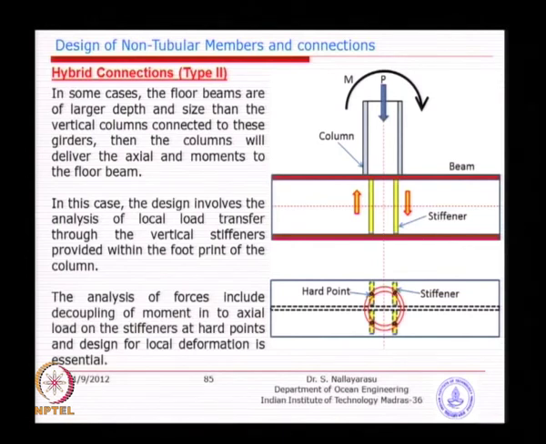Otherwise, the beam will also fail. Once the flange fails, it will not have adequate capacity to even receive these axial forces. So, what we need to do is decouple the forces into axial loads on the yellow colored stiffeners given there, and design them as a short column as per the procedure we have studied just now.